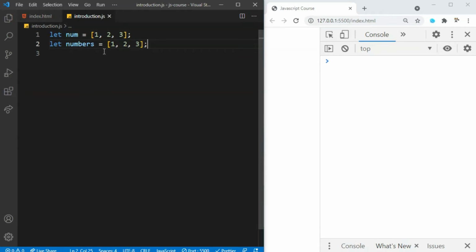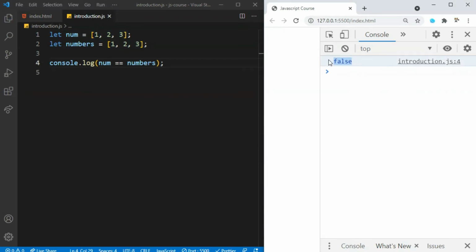As I said, non-primitive data types are not compared by their values like primitive data types. This might be confusing, but if you understand it well, you will get it. So now let's compare those. If I say num, and compare it with numbers now, if I save this, these values are the same, but it's returning false, meaning non-primitive data types are not compared by